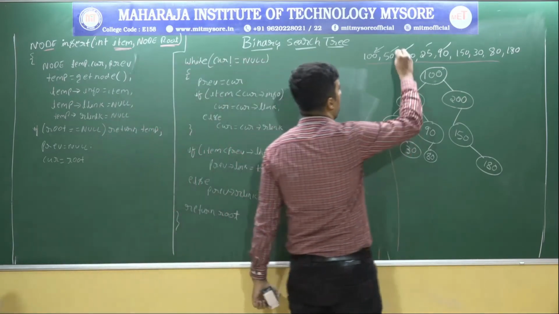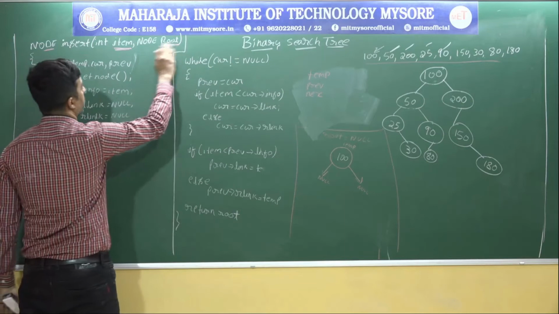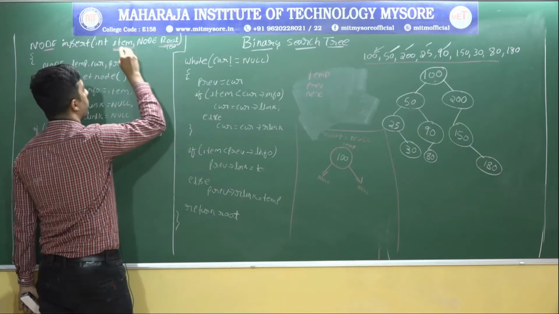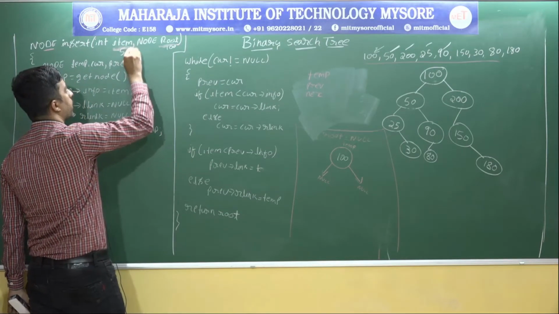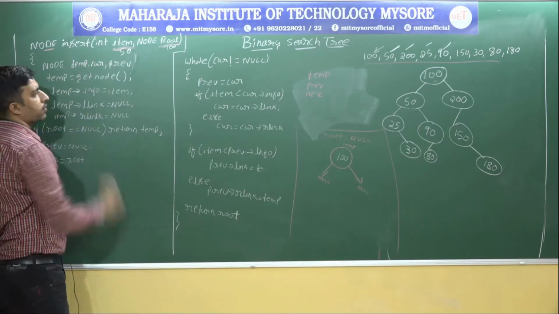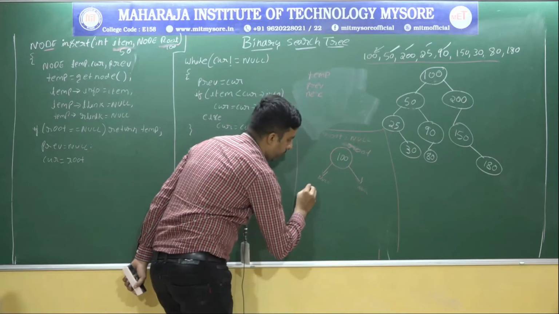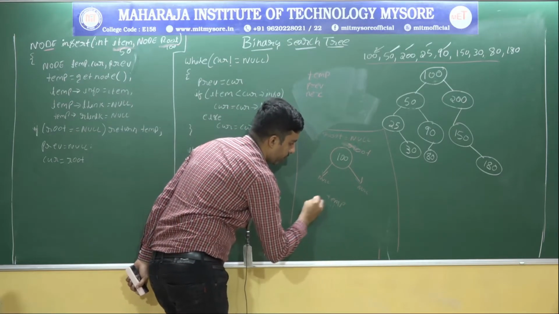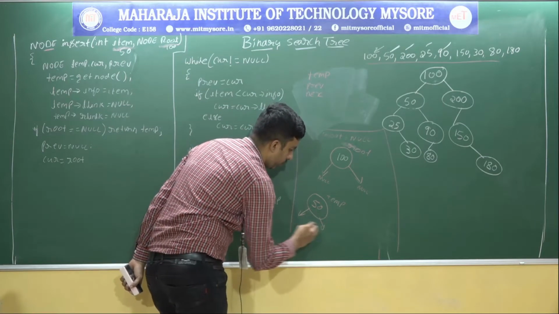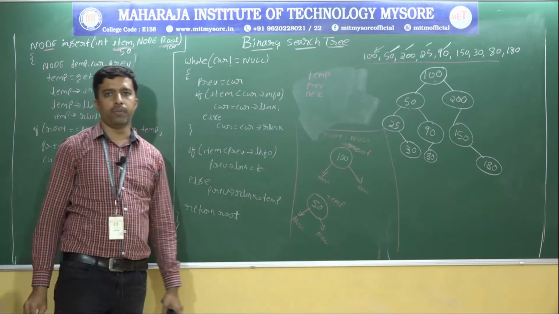Now assume I call 50. What happens? The root node has the info of 100, and the next item is 50. Now it is going to create temporary, current, and previous once again. In the name of the temporary variable, it is going to create a node and fill the value with 50, and the left node and right node will be null.